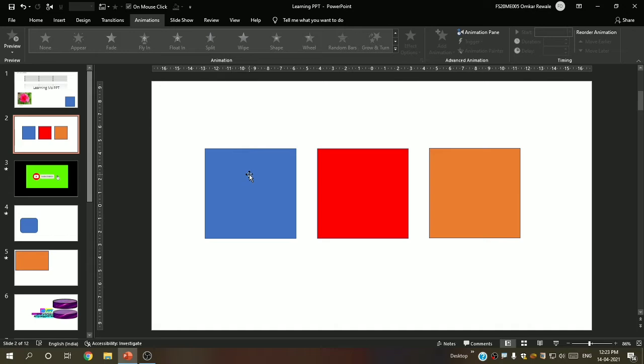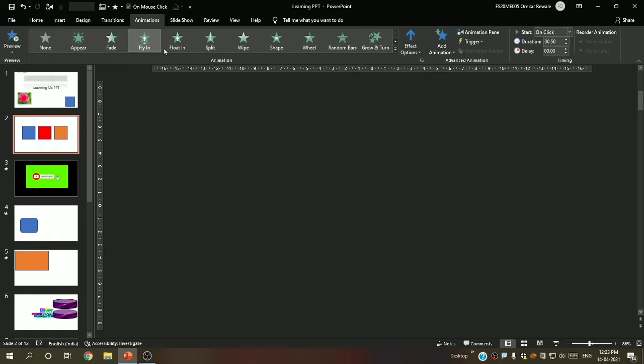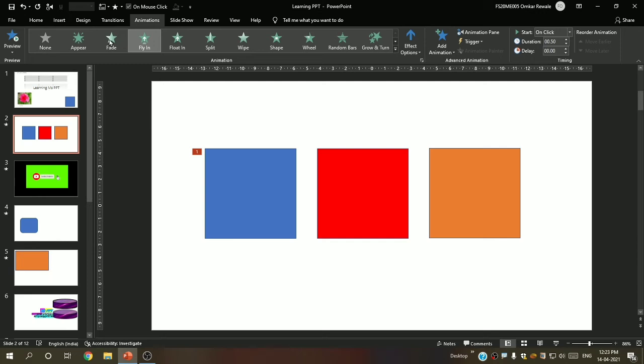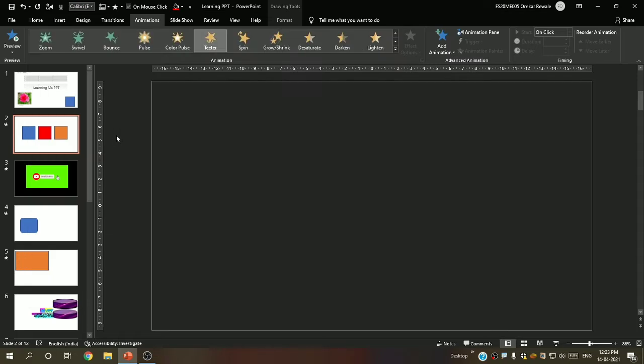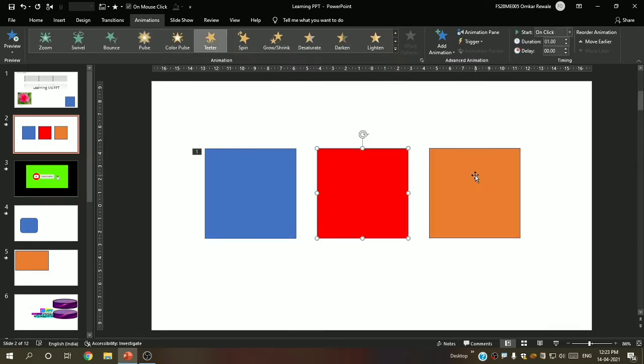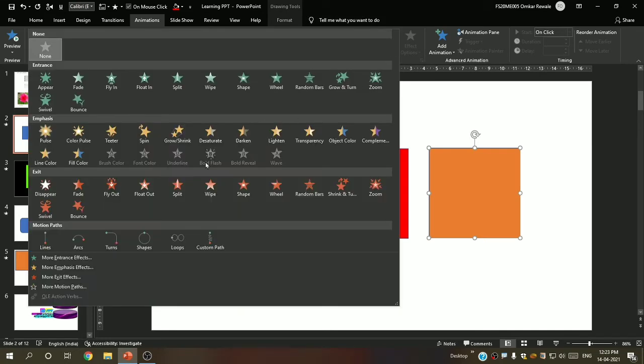Now we will go to the animation tab. Now I will give the first blue square the appear or fly-in animation. So remember, this is the entrance animation. For the red I will give the emphasis animation, and for orange I will give the exit animation.